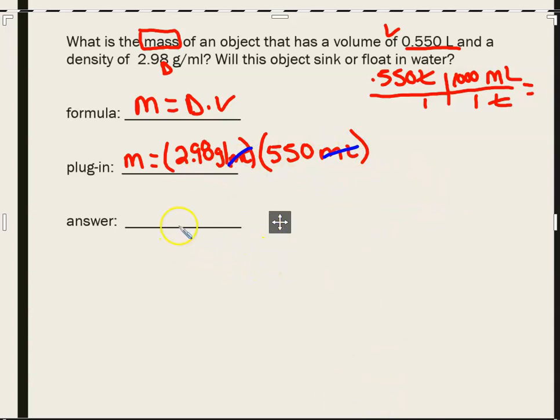I'm going to get a pretty big answer. I get 1,639. Can you see that we're going to end up with grams, which is what mass should be in? That makes sense. But we got a problem. This has 4 significant figures, but up here, my 2 beginning numbers have 3. But I'm not just going to go 164 because that would not be the same. So I could round this to